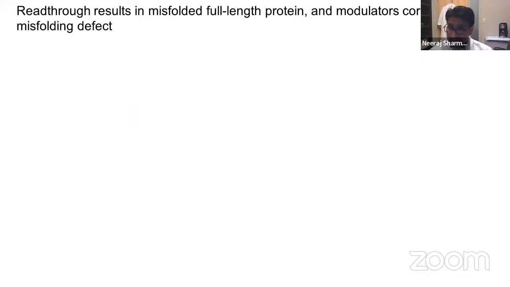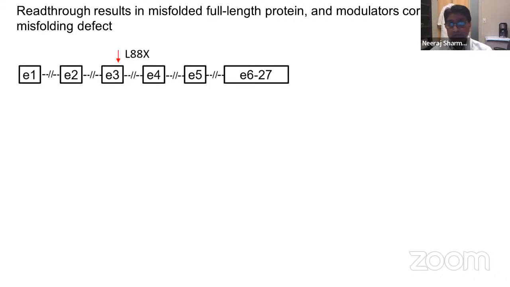And that is the N-terminus of the CFTR, where the read-through results in the misfolded protein, but modulators correct the misfolding defect. Here is an illustration of the CFTR gene. L88X lies on exon 3, and now we have data I'm not showing here in the interest of time, that it is the methionine 265 that is an alternative start that results in stable mRNA because there is